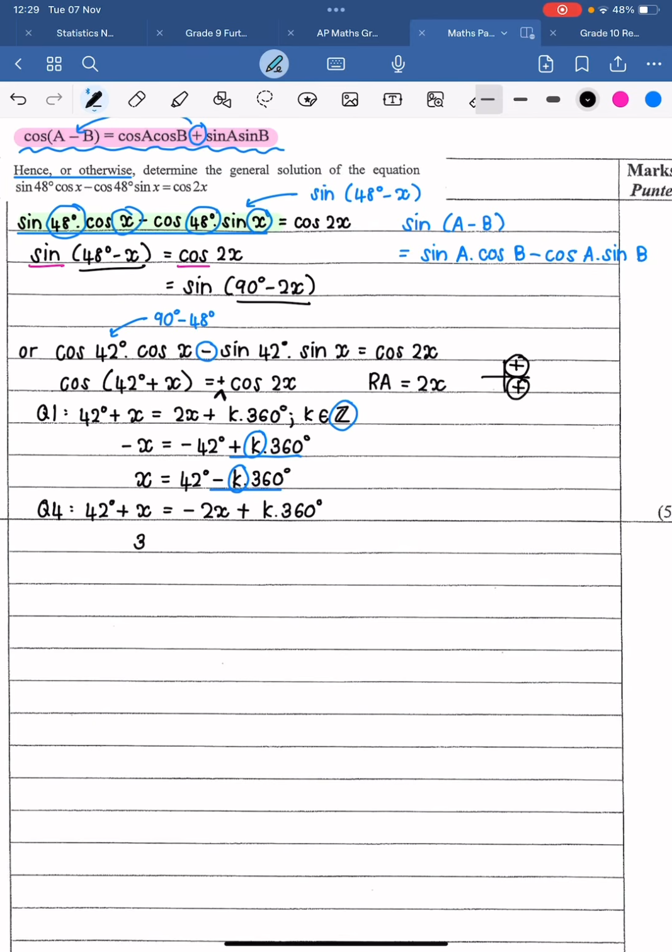So now we're going to move this 2x to the other side. We're going to have 3x equal to negative 42 plus k times 360. And now you need to divide by 3. So let me just quickly see, what is 42 divided by 3? That's 14. So we have negative 14 plus k times 120 degrees, and those are the two general solutions for